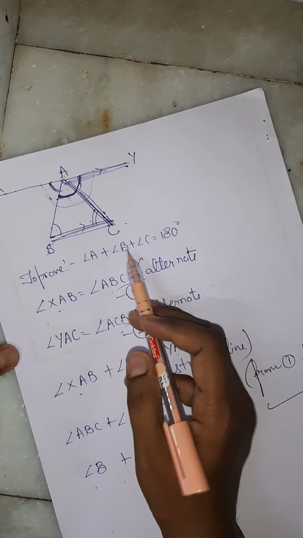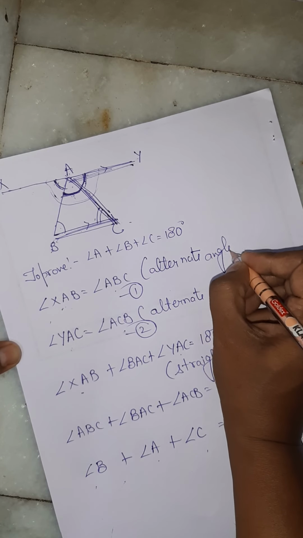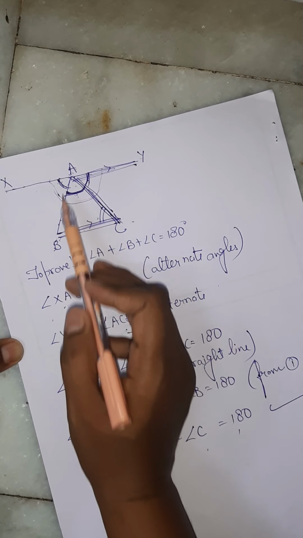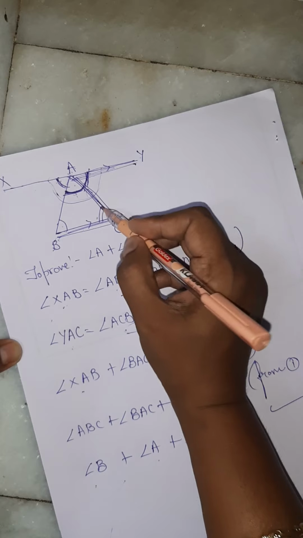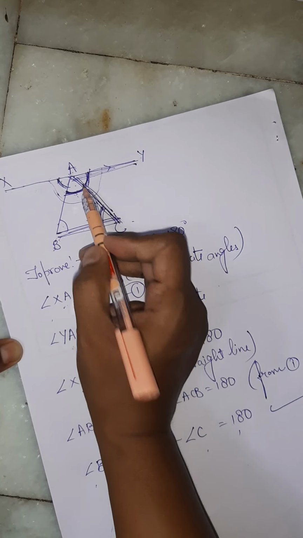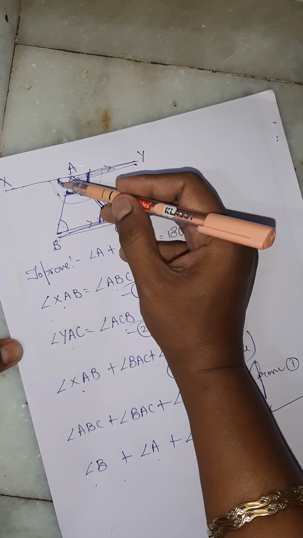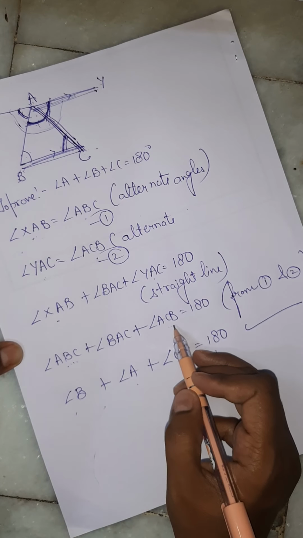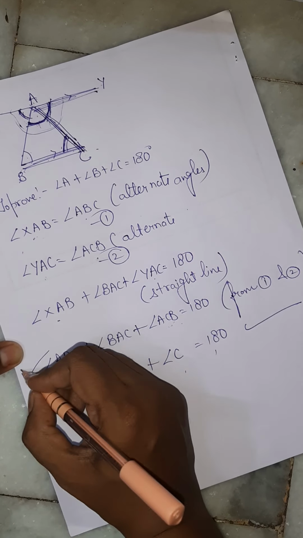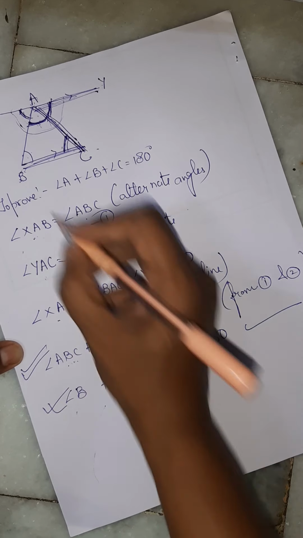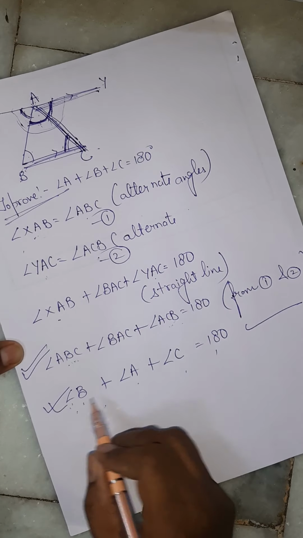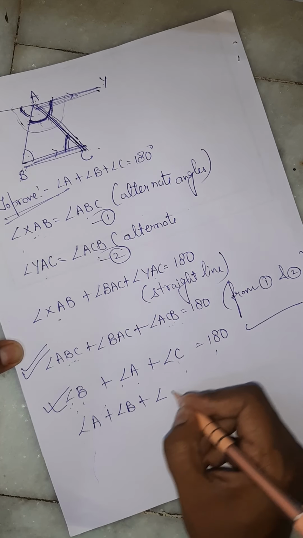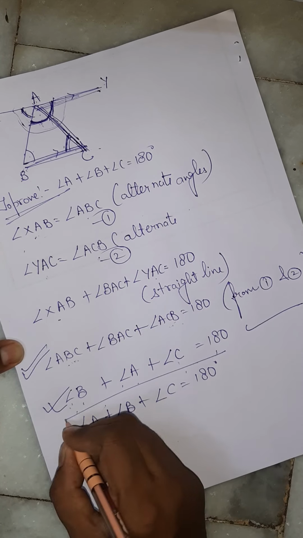What concept have we used? We have used the concept of alternate angles. We have drawn the line parallel to BC. Then these two are forming alternate angles. These two are forming alternate angles. And the sum of all these three angles is 180. So what we have done, we have replaced, in place of this we have written this one over here, right? In place of this angle we have mentioned this one, ACB. Because we have written the proof in this formation, we can say angle B plus angle A plus angle C is 180, or in a better way we can say angle A plus angle B plus angle C is 180 degree. This is the proof of this theorem.